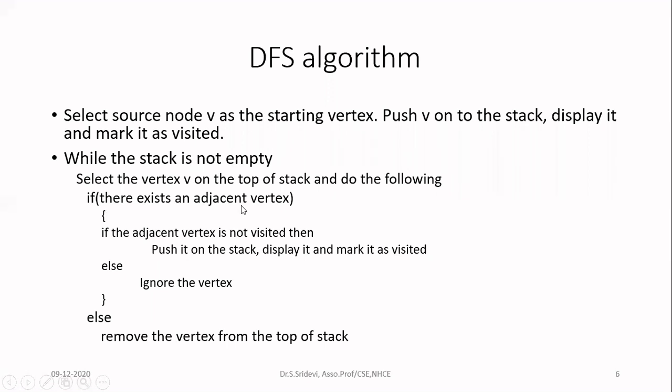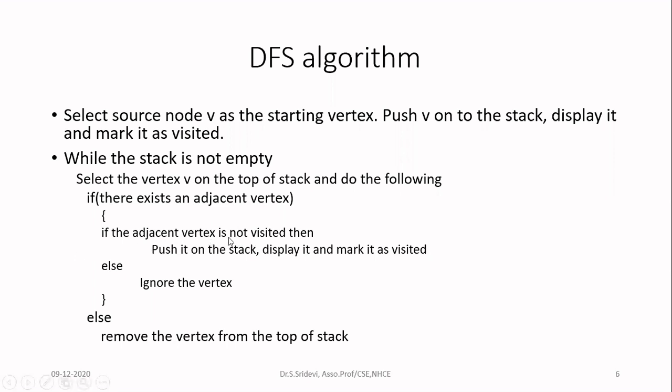We have already seen that we have adjacency matrix and then adjacency list, where we will keep track of the nodes which are adjacent to a particular node. So you can implement this either by using adjacency matrix or by using adjacency list. Let me assume that I am going to check the adjacent vertex. And if there exists an adjacent vertex, then you have to check whether that vertex has been already visited or not. What is the meaning of visited? It is already printed in the output. So if the adjacent vertex is not visited, then only you have to continue. If it is already visited, no need to continue with that.